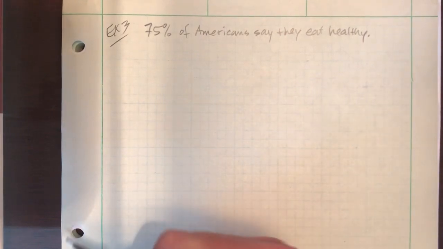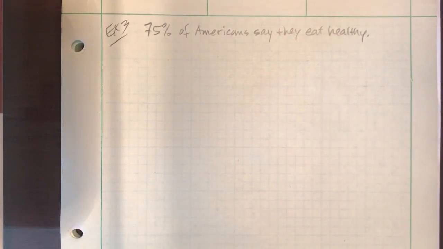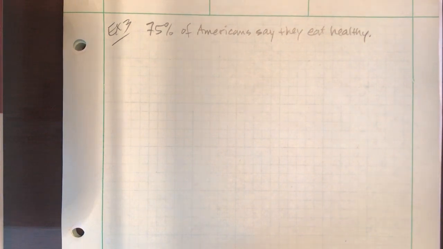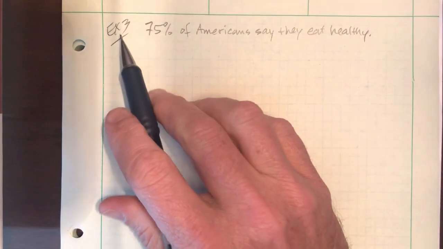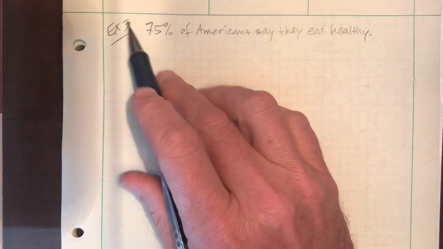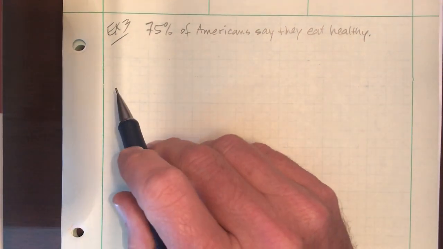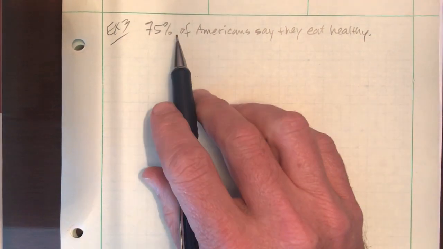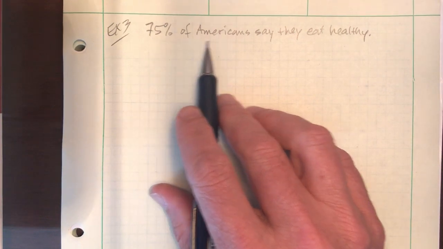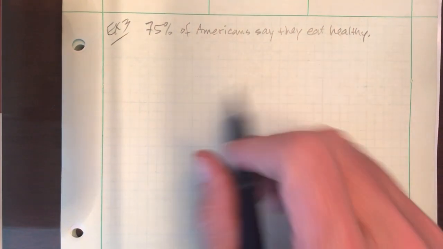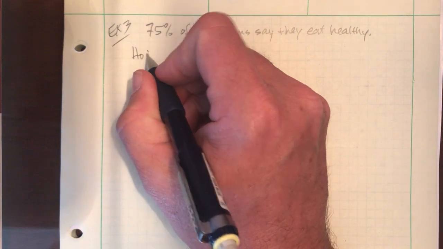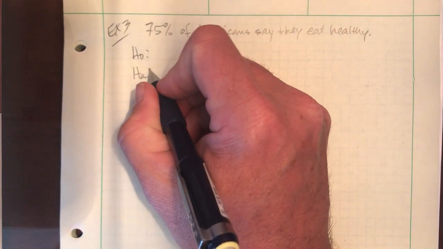Let's look at two more examples of hypothesis tests for proportions. In my last video, we looked at examples 1 and 2, so that's why I'm starting with example 3, along the same theme. The first thing we do, 75% of Americans say they eat healthy, is translate that sentence into